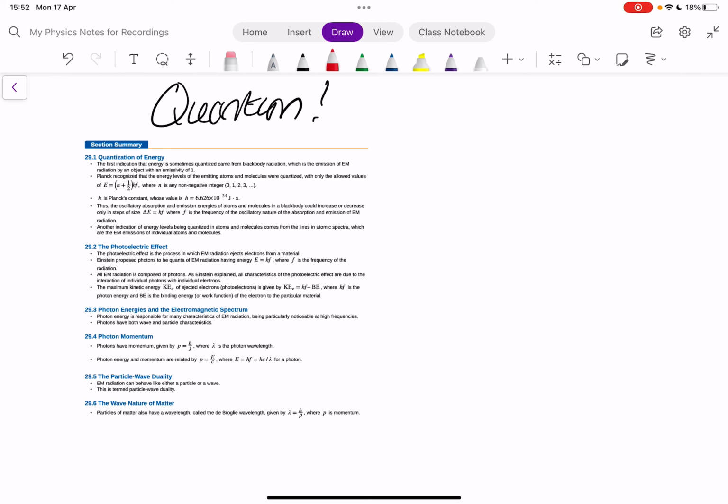Quantum is pretty much just translatable as small chunk, small bit of. So we're really looking at things that are quite little, but the quantization aspect of it means that things like charge, energy, well, any quantity really, even down to things like time and distance, are not necessarily continuous. They do come in chunks.